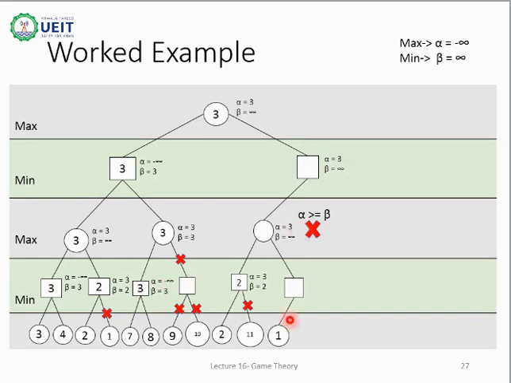DFS will directly take us to the deepest node, which is 1. We have to choose the minimum from here. Thus the value of beta will be changed. Beta will be assigned 1. The condition check will be performed as the current value of alpha which was passed down is greater than the value of beta, which is 1. Thus the condition is satisfied, and this branch will be pruned. Remember that this 3 is being passed along the generation line from the root node.